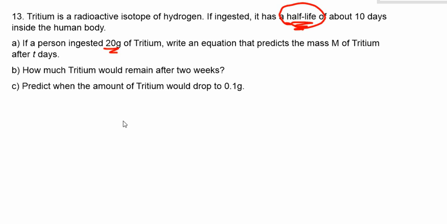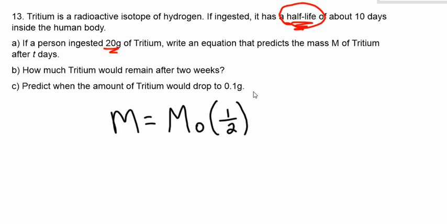So here's what we know. We know that the mass can be calculated by, and again, we're setting this up like every half-life equation or like every exponential equation, just adapted for half-life. So we need to know the original mass that was ingested, and then the growth rate, in this case, is actually a decay rate, and it's a half-life, so only half of it will remain. And how long does it take? Well, it takes 10 days to get one half-life period out of the way, so t over 10 would be